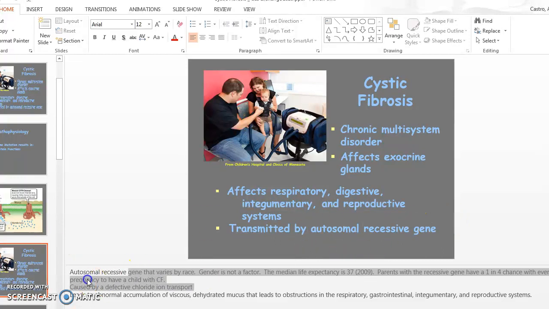Okay, well, I guess just FYI, it varies by race. Gender's not a factor. But the one thing that I do want you to realize about this slide here is the median life expectancy, so you can look up what median means if you don't remember what that means in math terms. The life expectancy is 37. This is actually really improved from what it used to be,